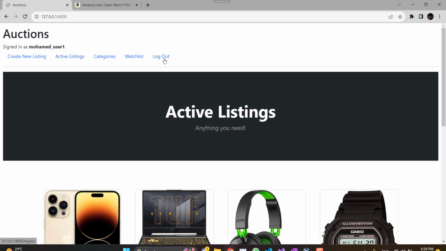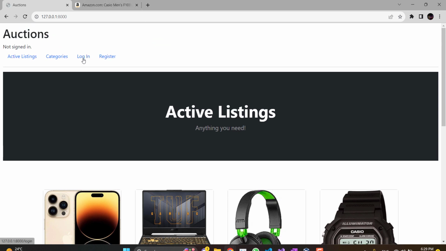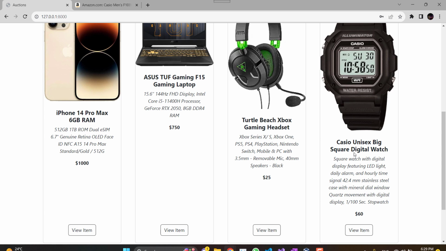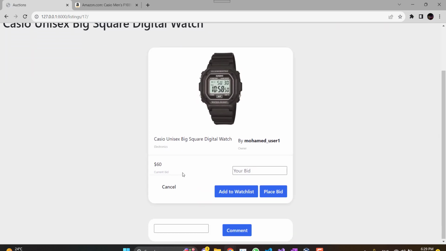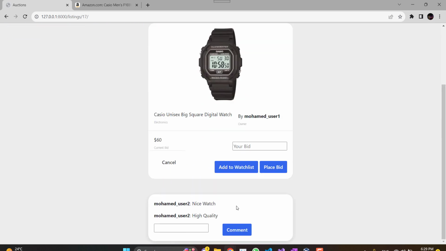The fourth feature I'm going to show is the listing page, but first let's log out and log in as another user. So as you can see here, when I go to the page as another user, I have the option to make my bid. Also, I can write comments. Nice watch, high quality. As you can see, we can make comments, the price, the category, the owner, and we can even make